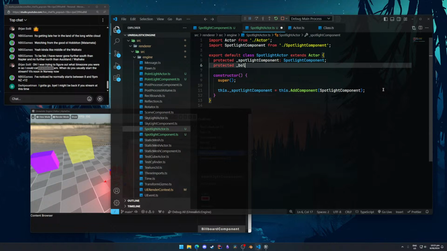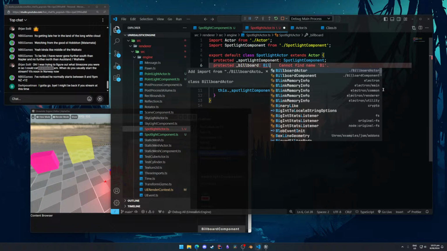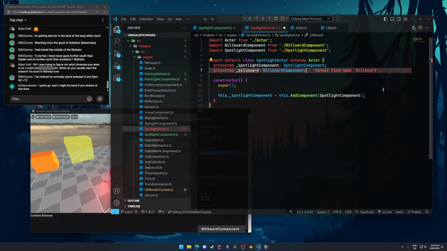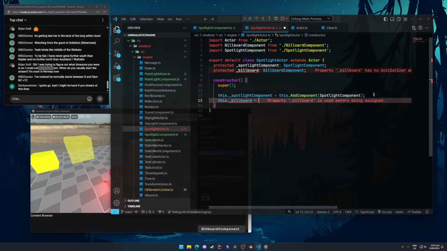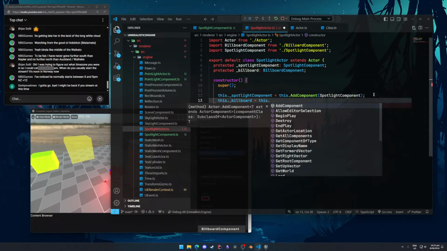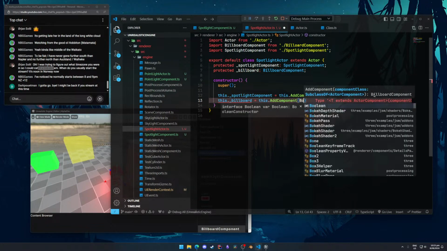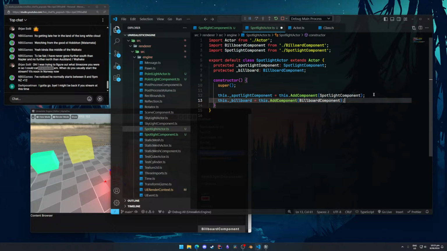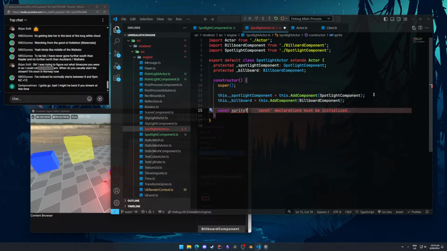And then we also wanted the billboard, right? So billboard components equals this dot add component billboard, and then I need the texture. So let's see if I can nail this again. So sprite text